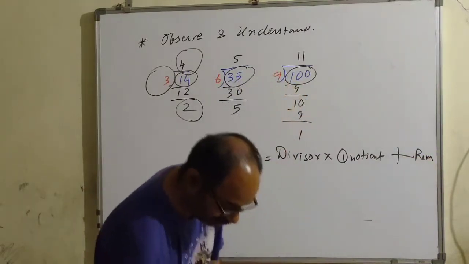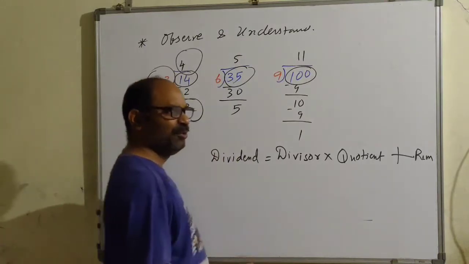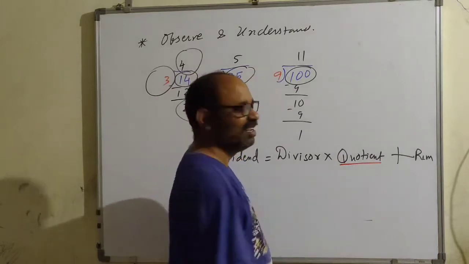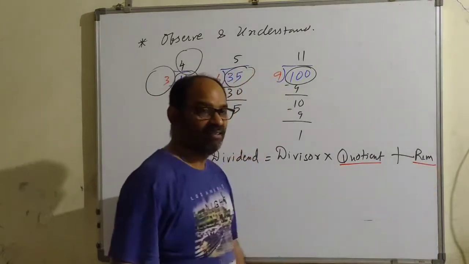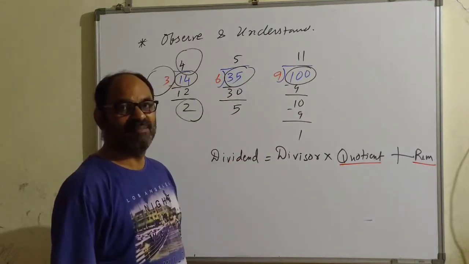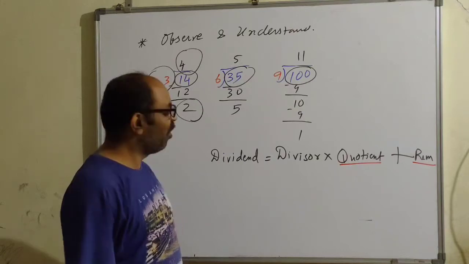Okay children, please, I'm going to use symbols here. Q for quotient, R for remainder. Now D for divisor and D for dividend, they are same. So there will be confusion if I put D for both. So what we do,